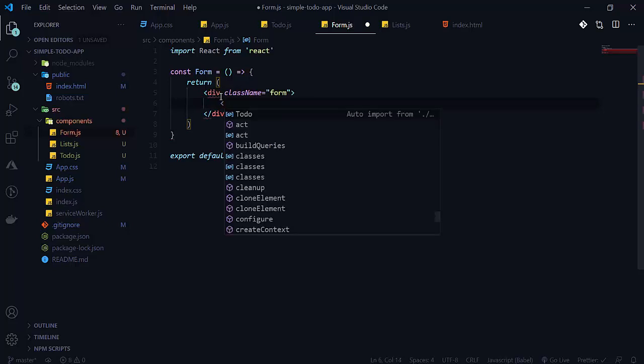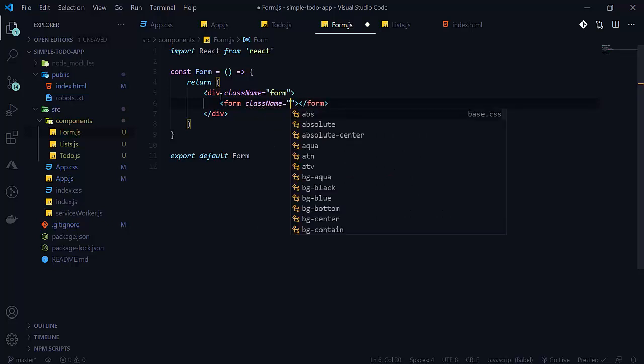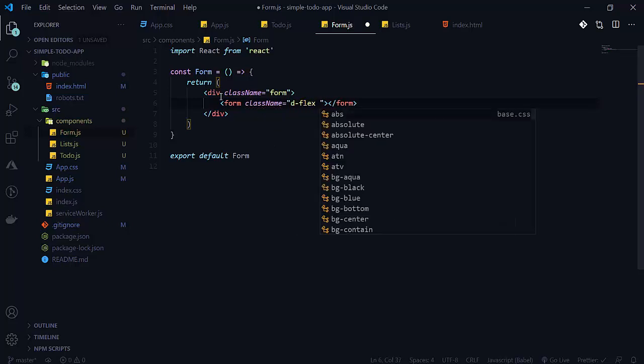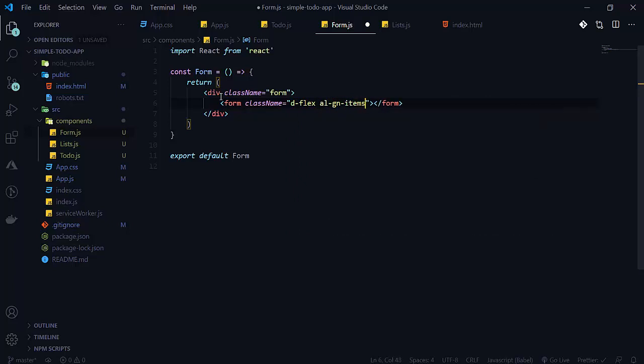Form and class name, we will write dflex for flexbox, and align items center, and justify content will be center here.